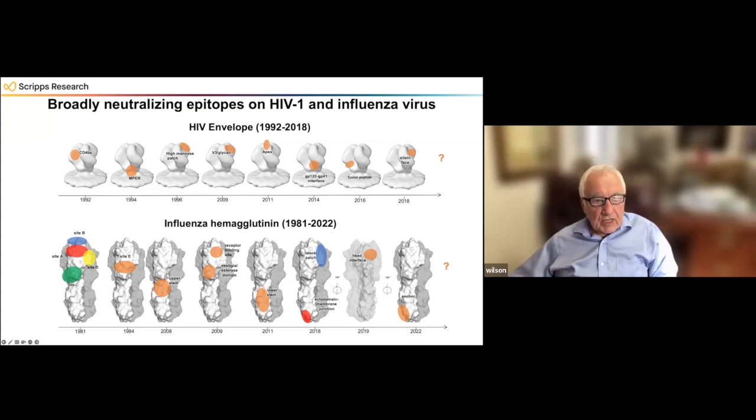The same is true for the HIV envelope protein. In 1992, we knew about the receptor binding site, the CD4 binding site. And we started to know about antibodies right down near the membrane, antibodies that actually interacted with carbohydrates. This was very unusual, but because of the density, it was perhaps not surprising. Then again, from 2009 onwards, a whole lot of new epitopes started to be discovered. So let's look at these epitopes in a little bit more detail and show how that information was of some value.